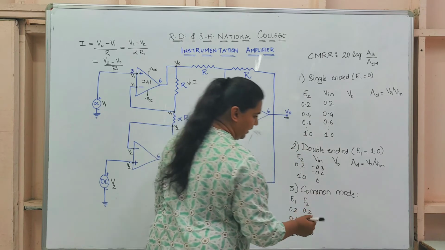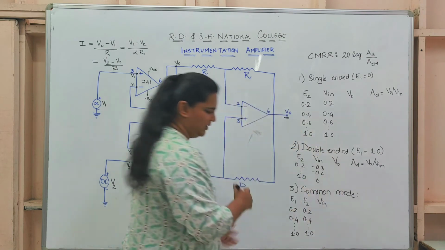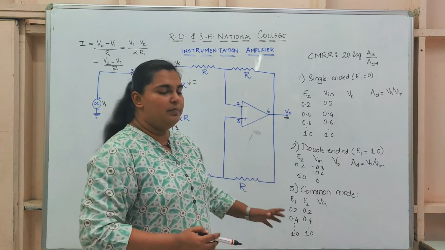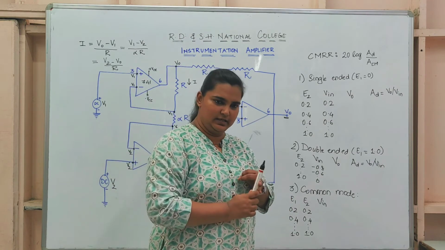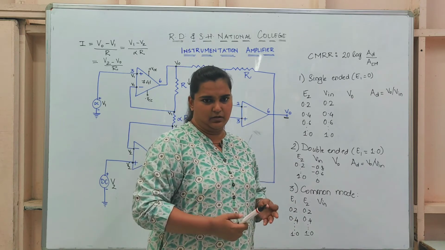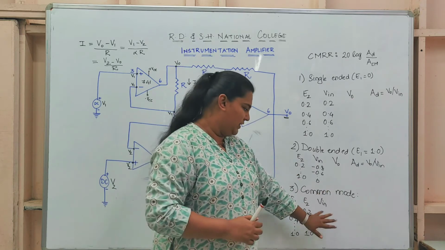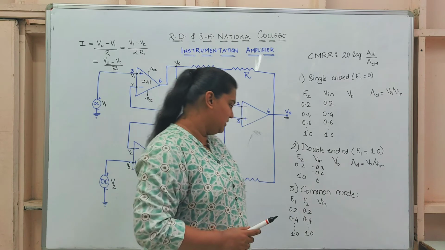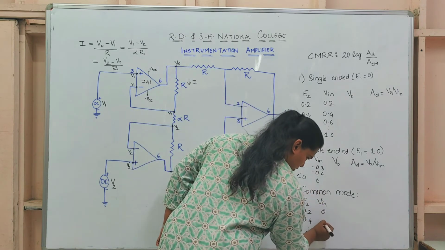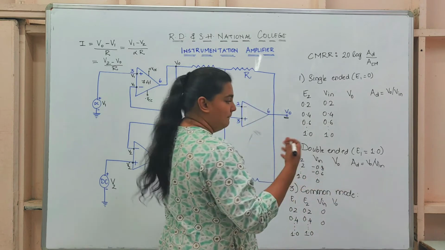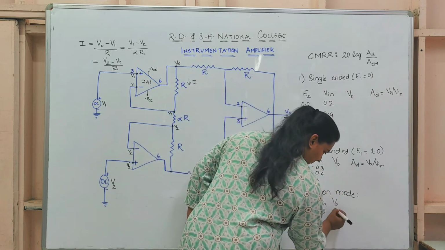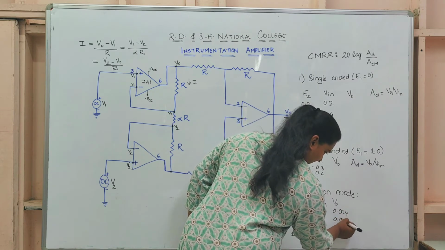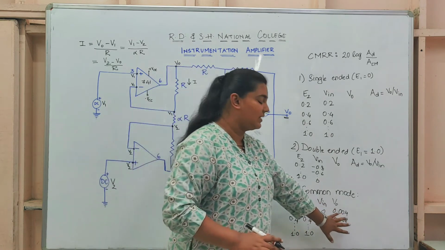Technically, ideally, Vn is E2 minus E1 or E1 minus E2, and this should be 0. However, because of certain noises or signal defects, or maybe even your DMM defect, if you are using a DMM to measure the Vn across this, there are differences. Ideally this is 0, so V out should be 0, but V out gives you a certain value. It may be 0.00456 or 0.008 or some value. I don't know exactly how much.